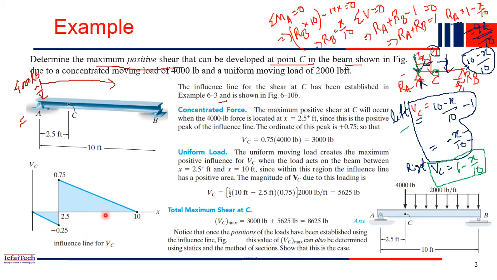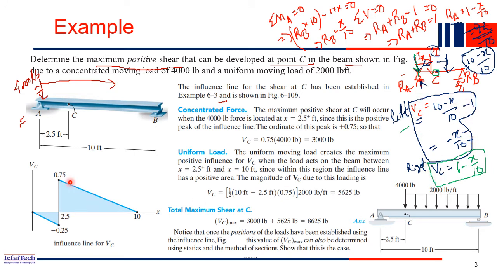So this is the influence line diagram because of the concentrated load. So see here two parts. So this is at the C, the 2.5 feet here. So for the left side you have one equation. This is the equation for the left side. So what is the equation? Minus x by 10, right? So when x equal to 0 means at this point you will get Vc equal to also 0. So the entire term will be 0. Now gradually when the x value is increasing, see Vc value is also gradually increasing and this term is minus, right? Minus. That's why it is the negative direction. So this is the equation for this Vc expression.